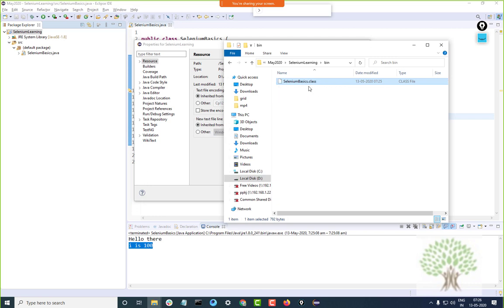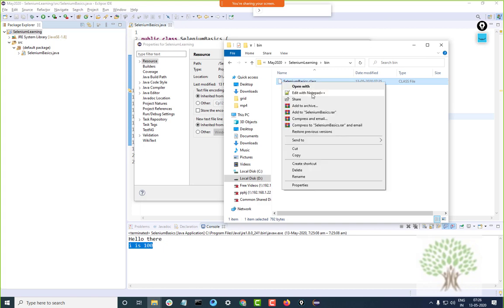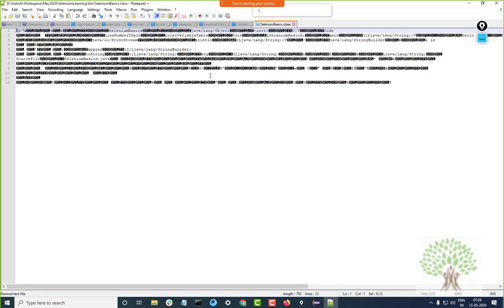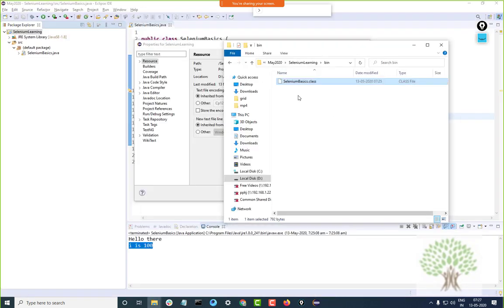This class file is like the executable file. It can be deployed on any operating system and executed. Java is a platform independent language. You write the code in one operating system and you can run the same code on different operating systems. If you try to open this class file, you won't be able to understand anything. It's not binary, it is some other language.